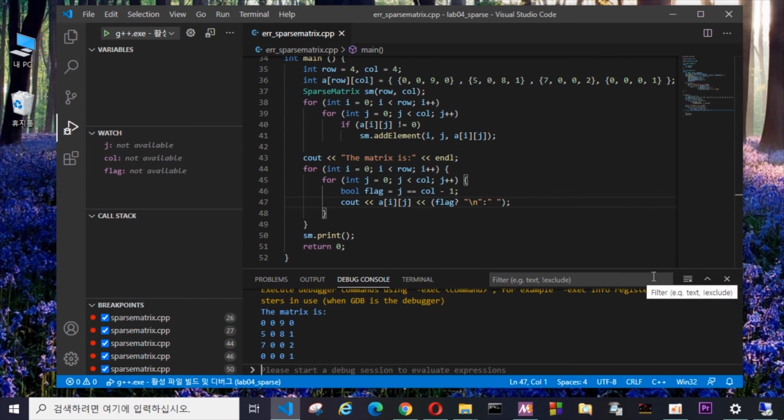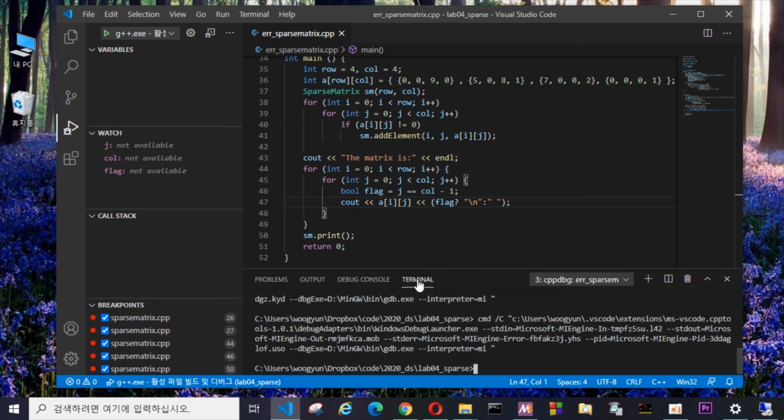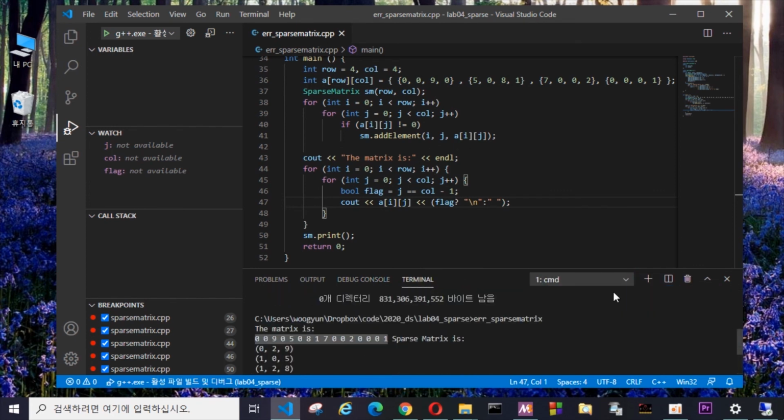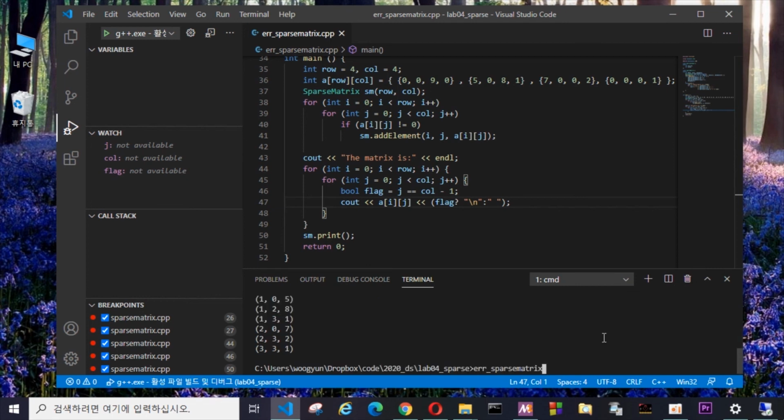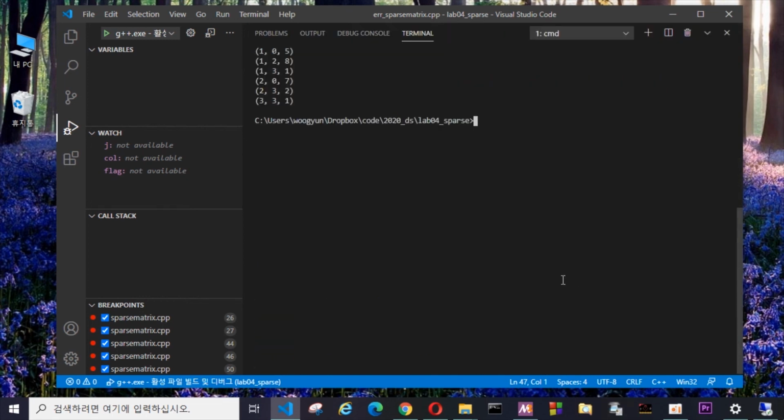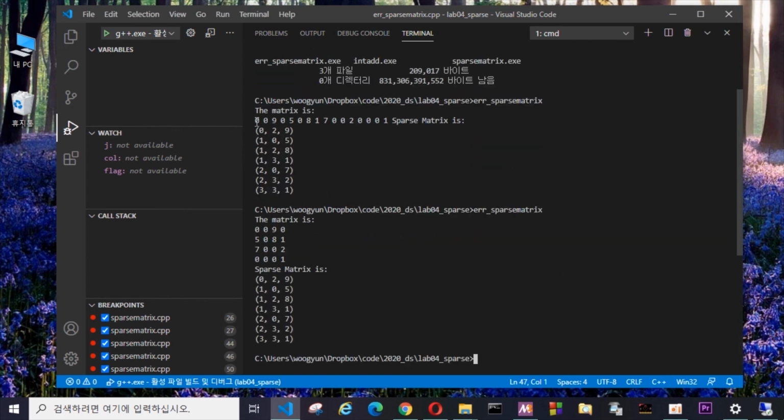And you can also check it from the terminal command. So you can check it, it is correctly modified. So that was the source of the error. So in this way you can debug your C++ file in